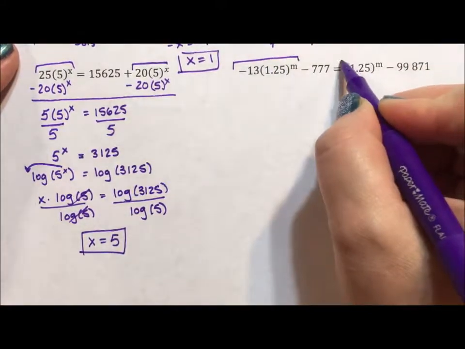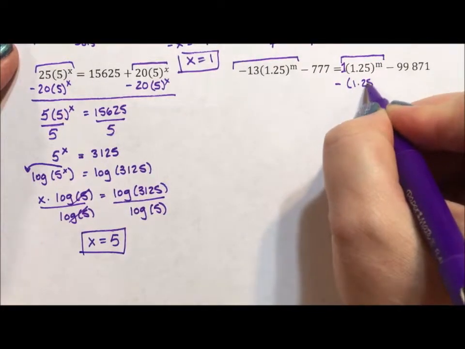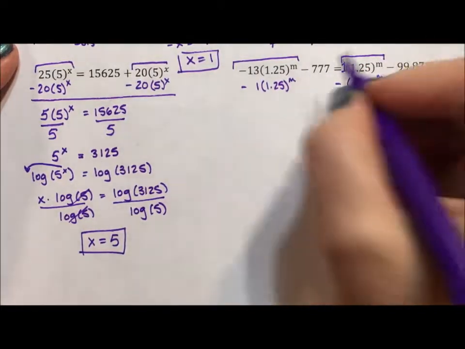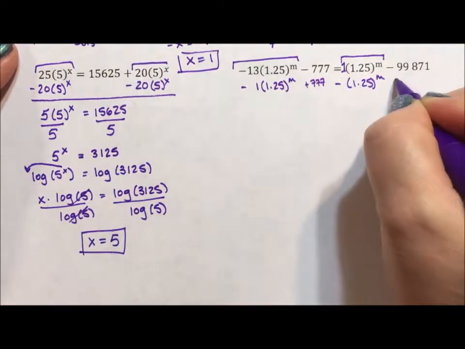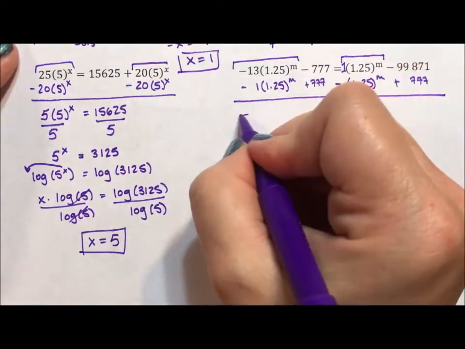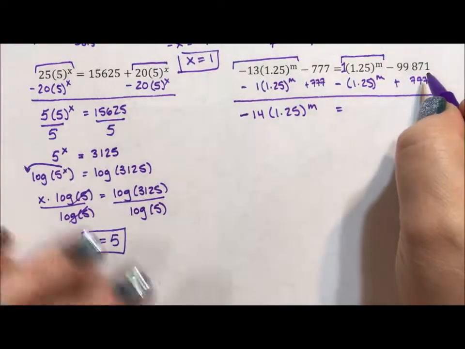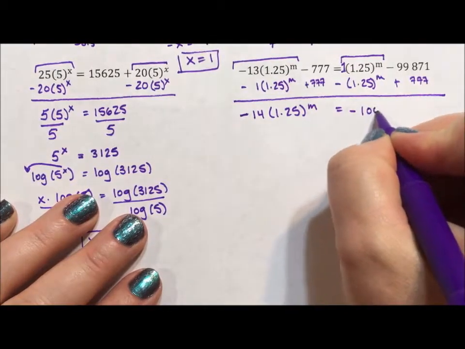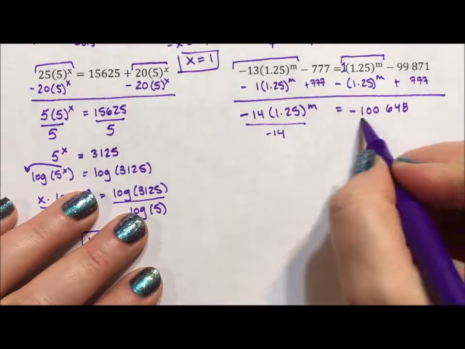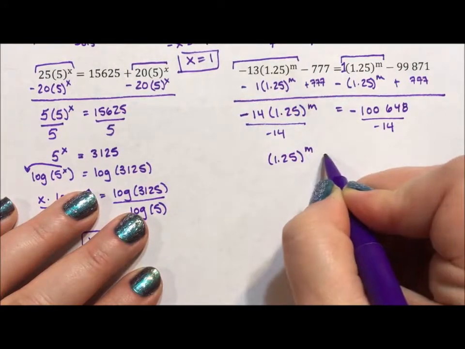All right, for our next problem, it looks pretty identical with a few extra terms. These are like terms because they both have the m, and there's an implied 1 here. So if I subtract 1.25 to the m from both sides, and I add the 777, these combine to be negative 14 times 1.25 to the m, and these combine to be a negative 100,648. Okay, now I'm going to divide by that negative 14. So I have 1.25 to the m equals